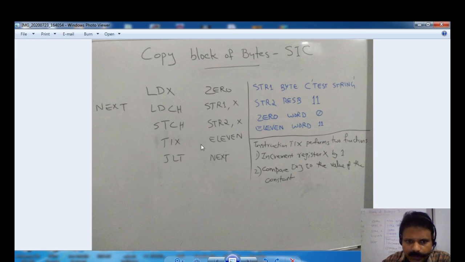So the program execution will move to the instruction labeled NEXT. The instruction labeled NEXT is LDCH. So it will load the next character to the accumulator. And this way, this program completes the copying of all these 11 characters from STR1 to STR2.